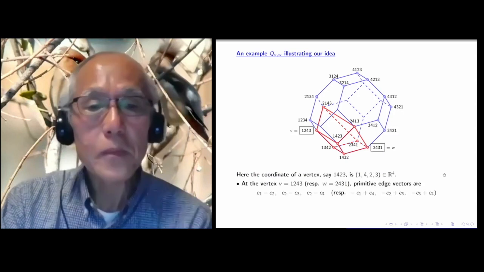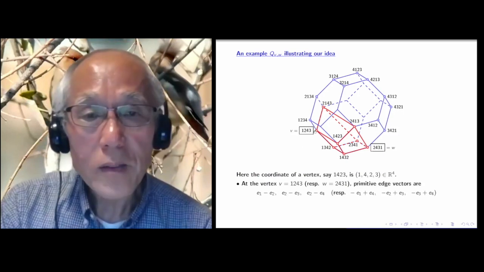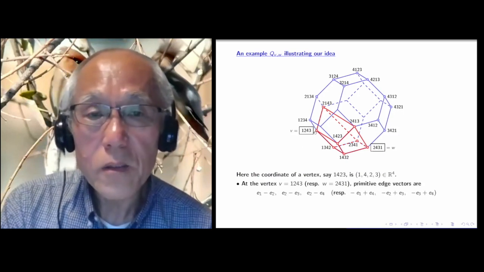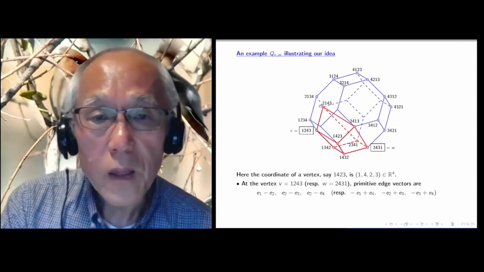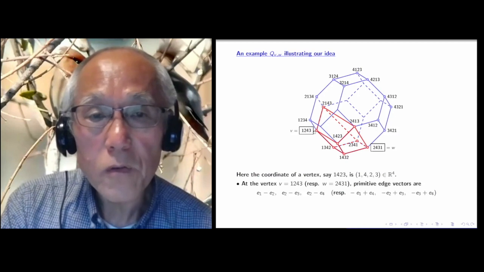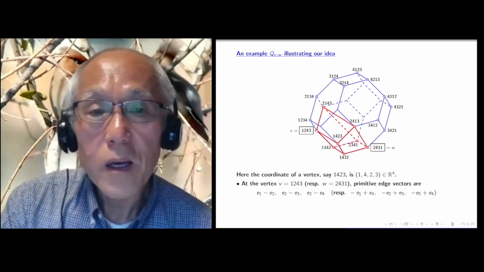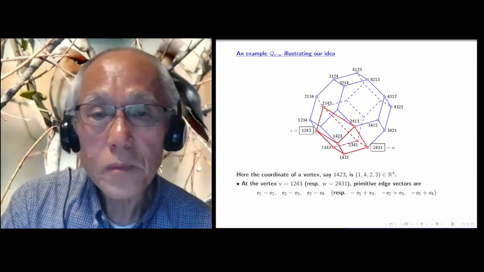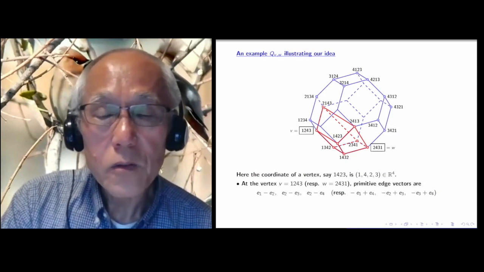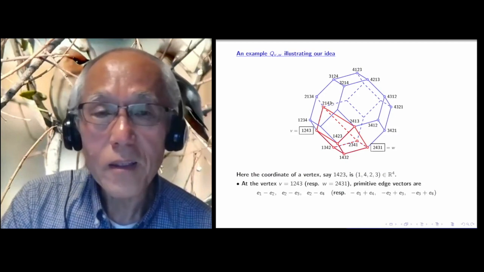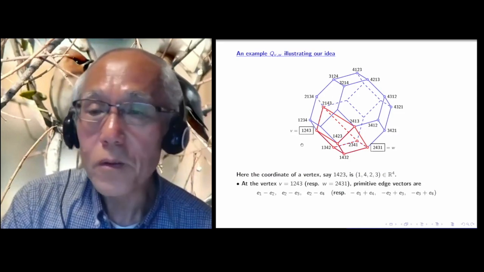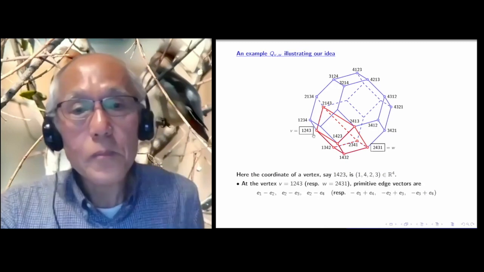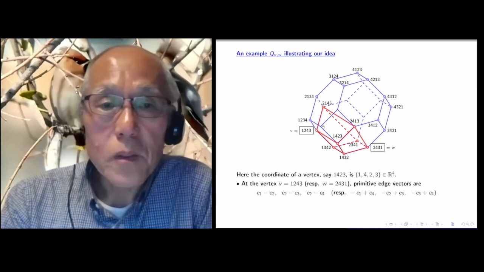Now I look at this vertex and its primitive edge vectors. There are three edges emanating from this vertex, and you can easily see the direction. This point minus this point, okay? So this direction is